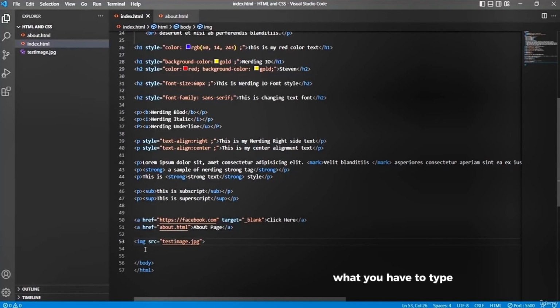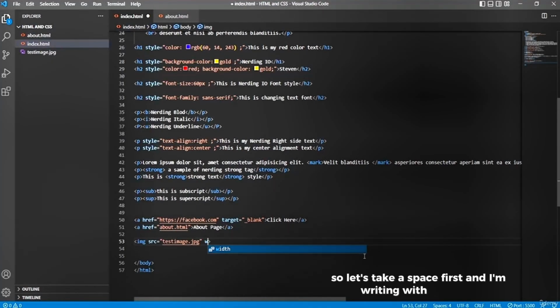This is a very simple process, and we just learned how to add the image. At first, what do you have to type? You have to type the image tag. Then you have to type the attribute, and the attribute is called src. Then you have to type the name of the image. Okay, but right now what do we have to do? We have to change the image size. And how do you do that? You can do that very easily. For changing the image size, you have to type width after the closing quotation mark and before the greater than sign. So let's take a space first, and I'm writing width,